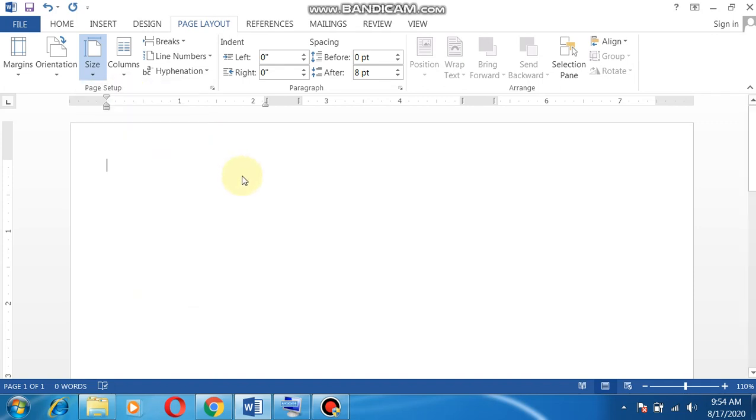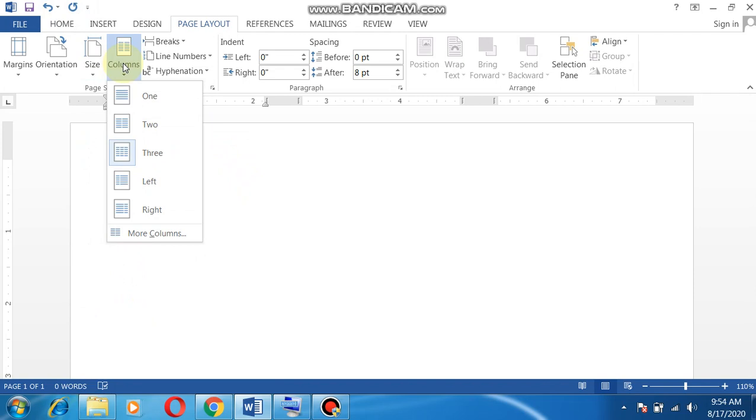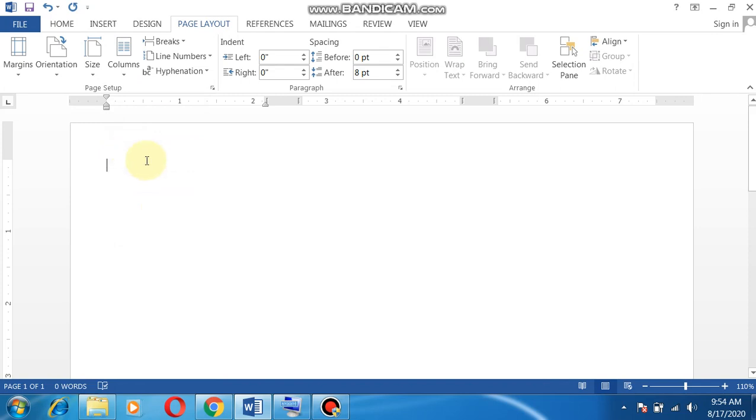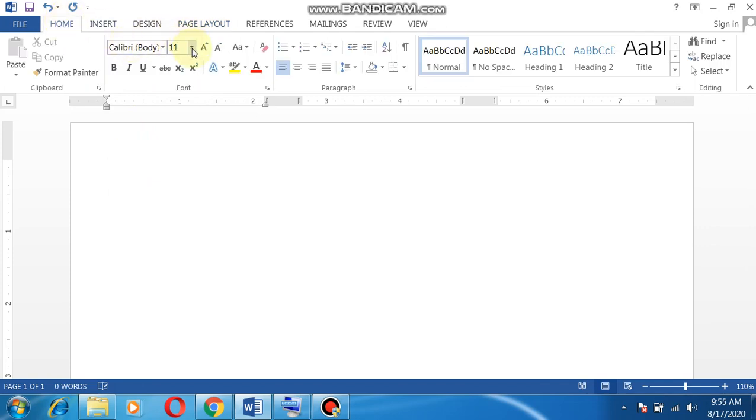Okay, now a very interesting option, the columns option. We can divide our page into columns, and we can type our text. Suppose I am selecting the 3 column setting for my page. Now see what will happen. I am typing some text here.